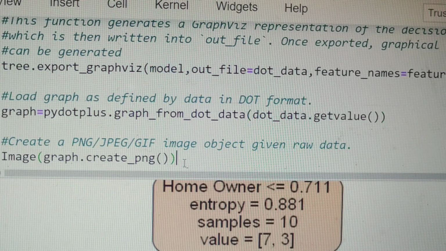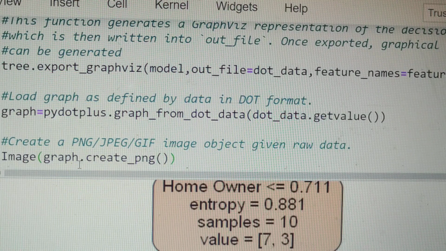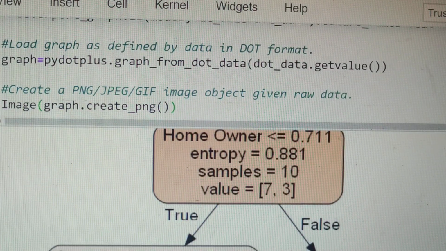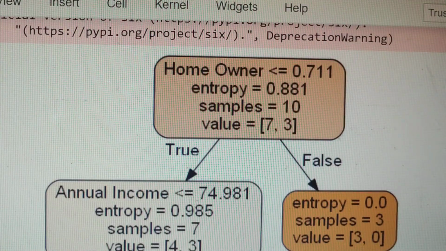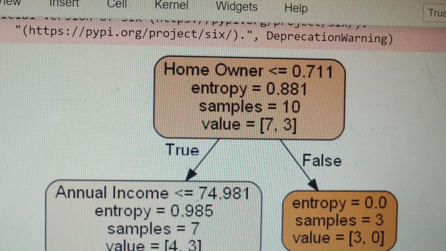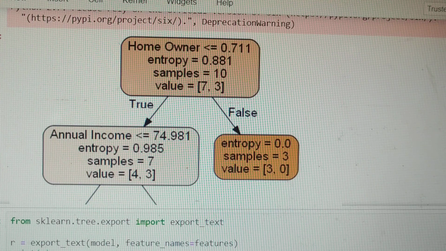Next, you have to create a JPG or PNG file as per the requirement inside an image object. Okay, so once you run this, you are going to form a decision tree. I'm going to zoom out so you can have a look at your tree.